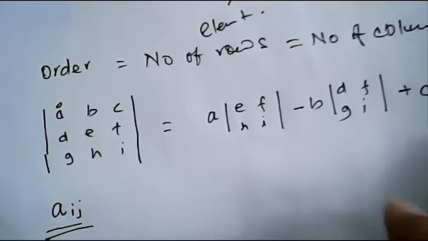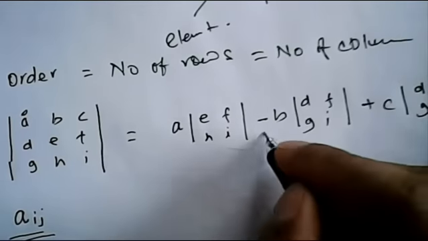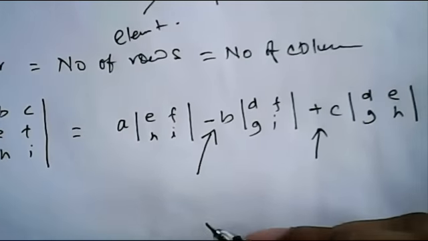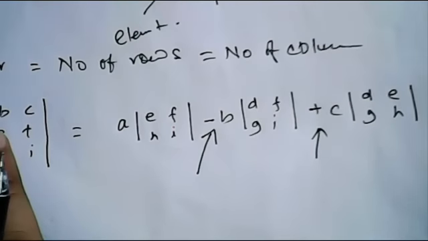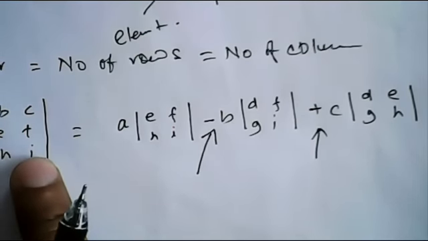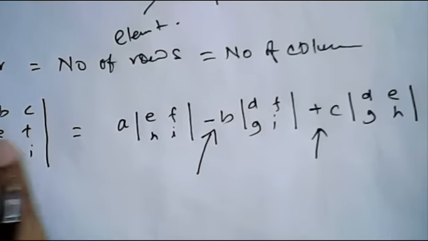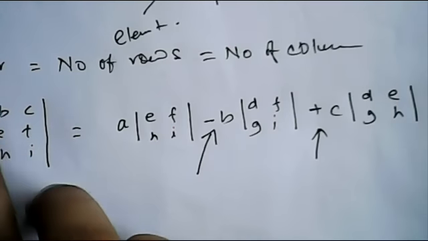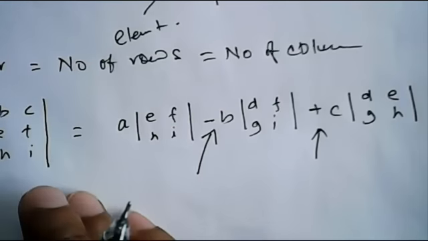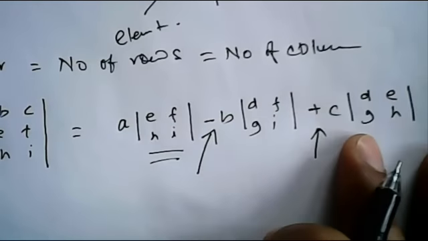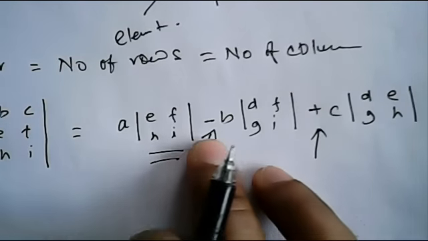Now what we want to understand is this point: why am I writing negative here and positive here? There should always be some way, right? Because once you get an order 4 cross 4 determinant, how will you proceed? You have to proceed in the same manner. You take one element first, A 1 1, then hide that row and column, and the remaining 3 cross 3 determinant will be multiplied with the first element. So the same way you will proceed, but the important point is how do we write the sign here?